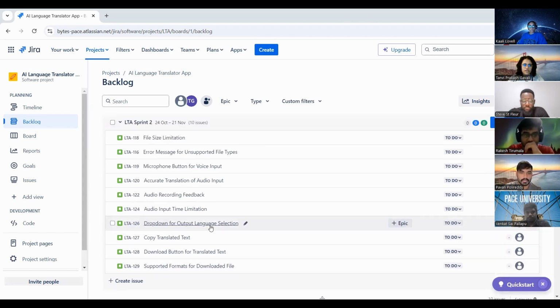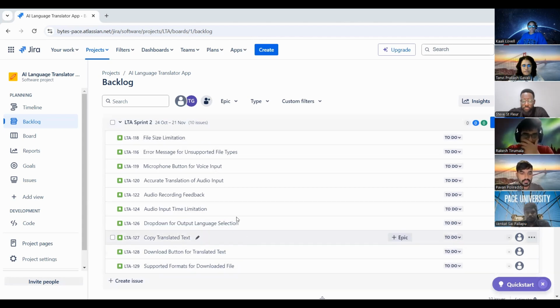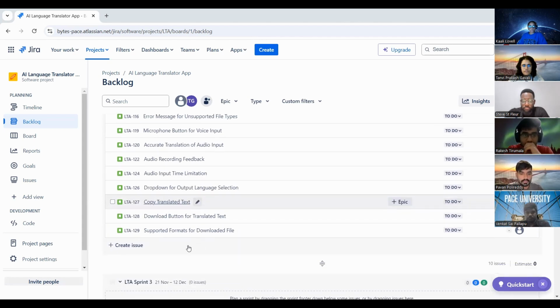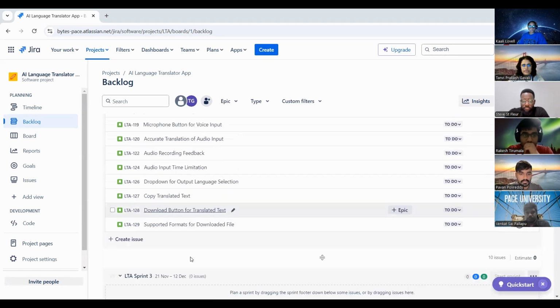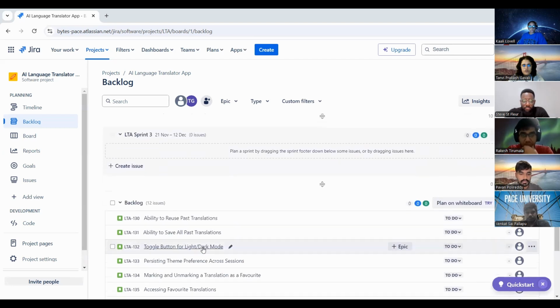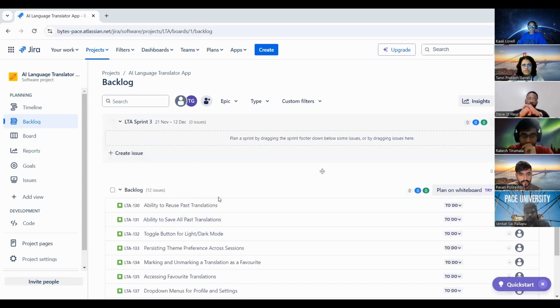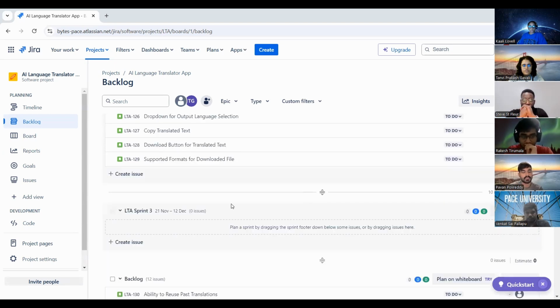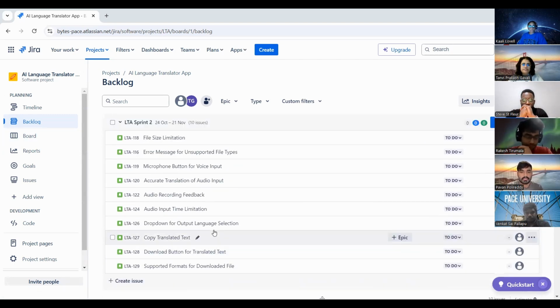Let's start with our sprint planning for sprint 2. These are the user stories we have already thought of. We will go through all of this and think about whether we still want to put these in our sprint 2 plan. Then we will read from our backlog to see if there is anything we should add to sprint 2. From there, we will later assign tasks in the board. Okay, let's get this started.